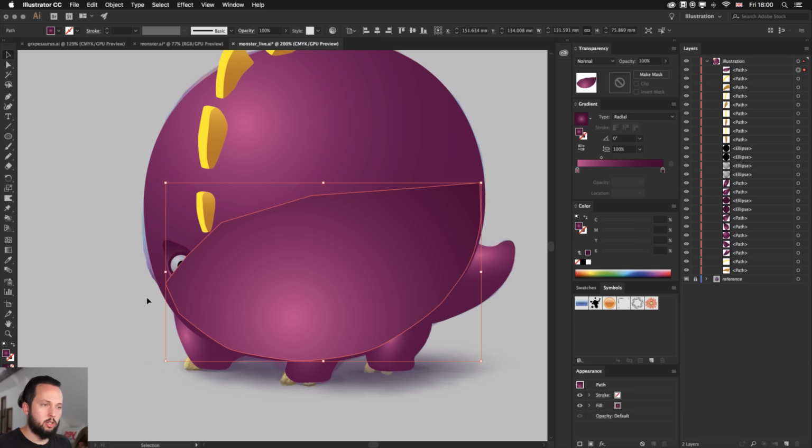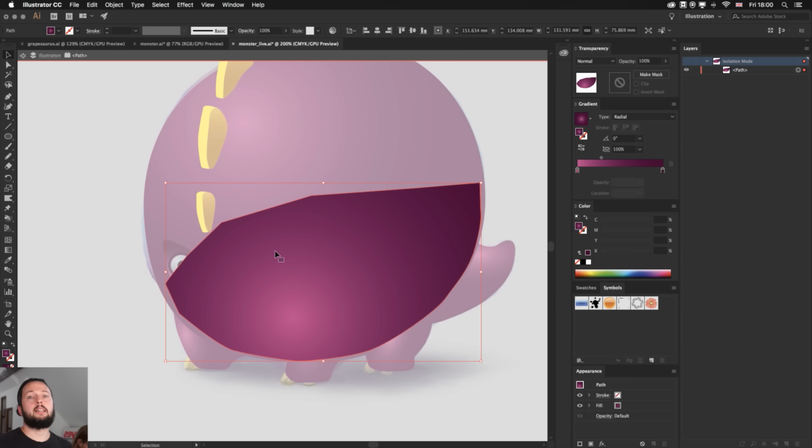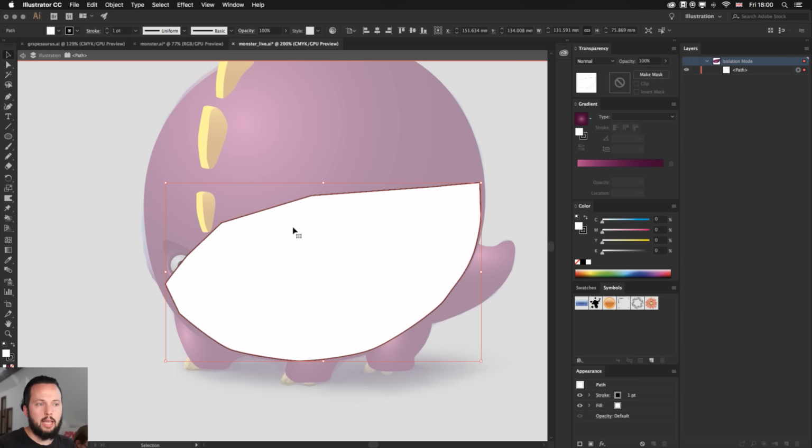So once we have the shape ready, we can make sure that we don't accidentally click on anything else by, and this is a very useful tip as well, double clicking on the object. So double click takes you into isolation mode. Now you won't accidentally click on anything else in the background. And what you need to do is you can set the color back to a default fill color and remove the stroke color. In this case, we don't need that.